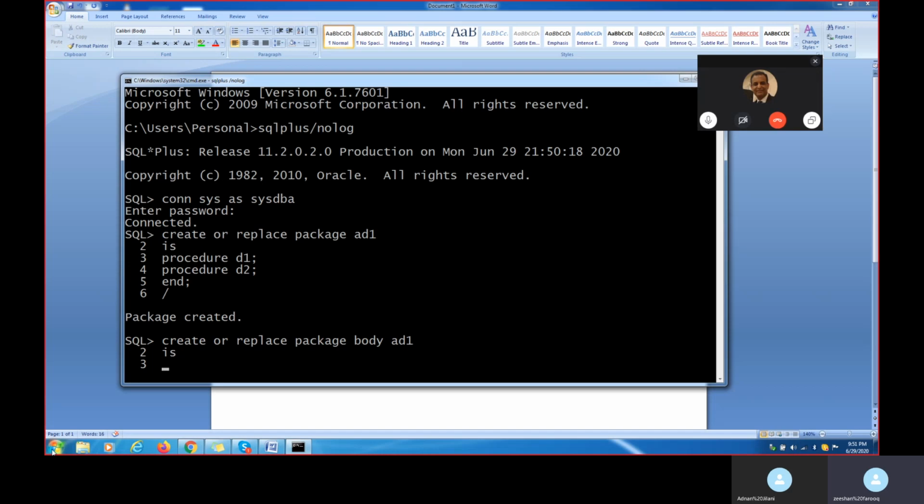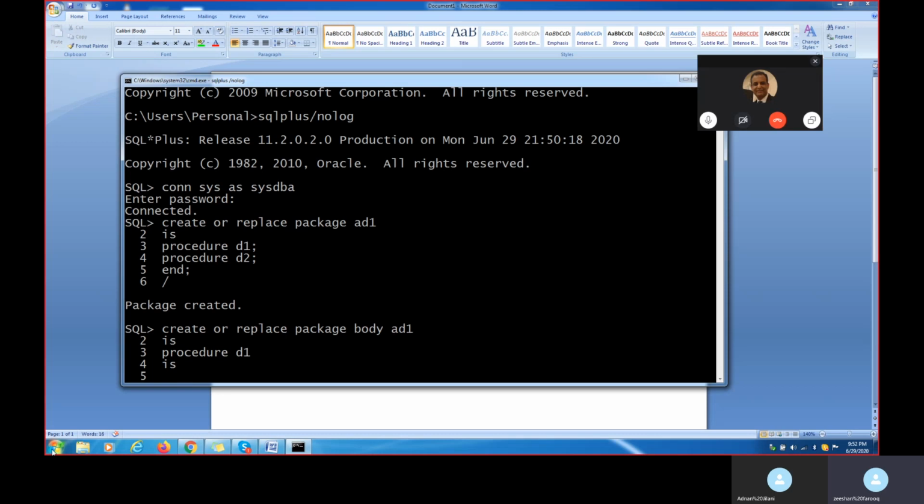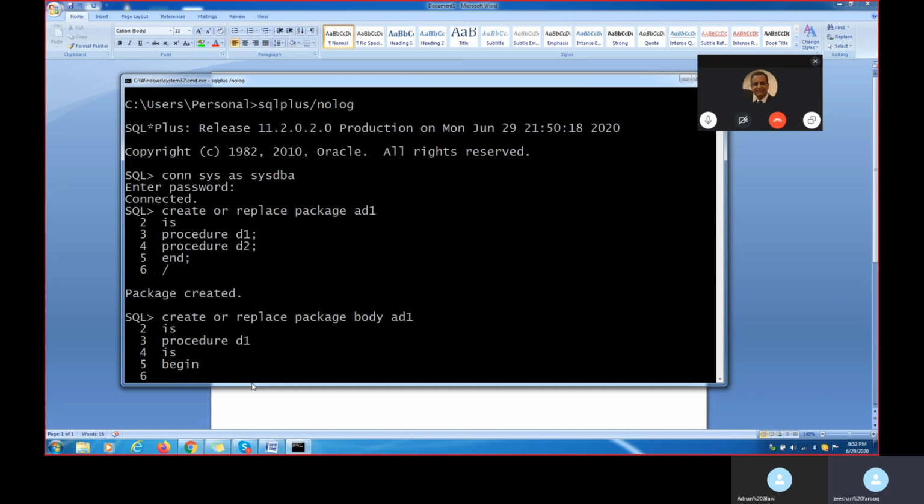Here I'm going to write the procedure D1. Procedure D1 is, then begin, then dbms_output.put_line, and I write my text.